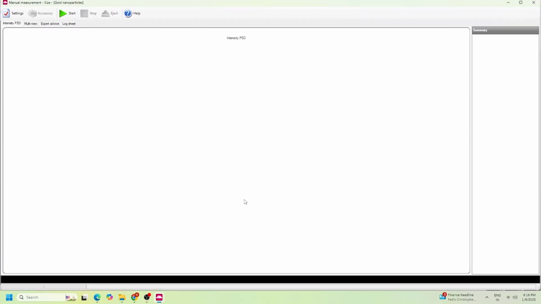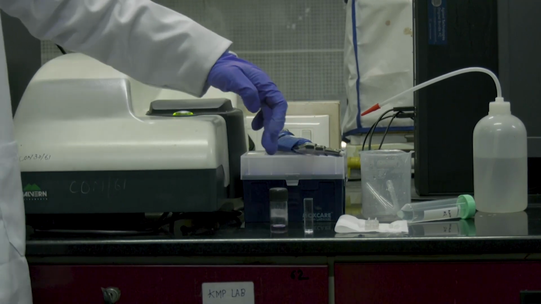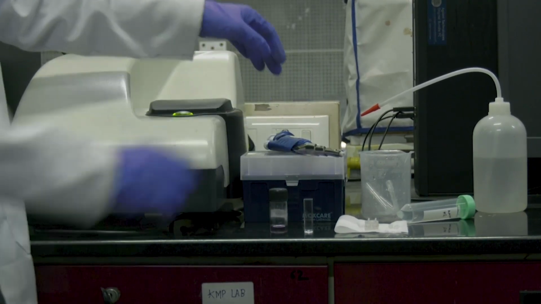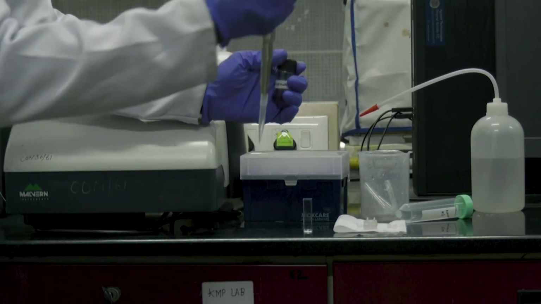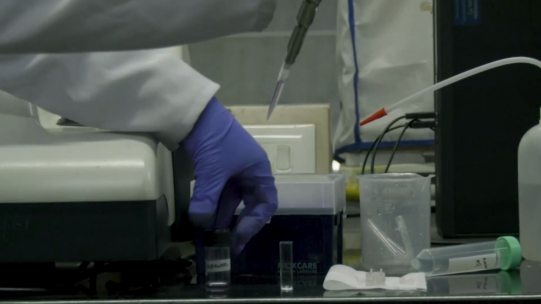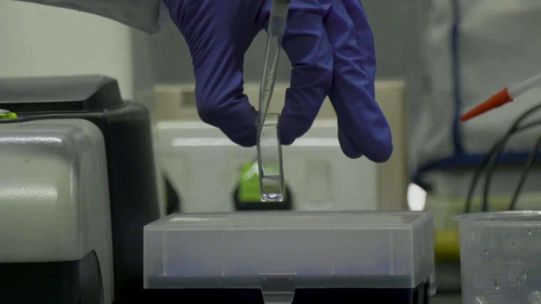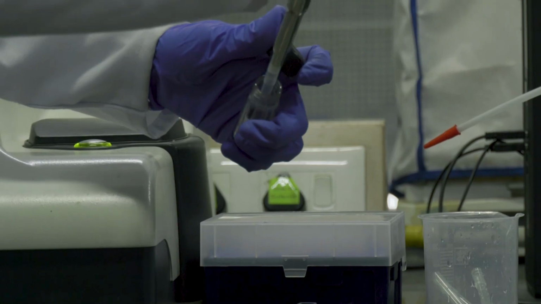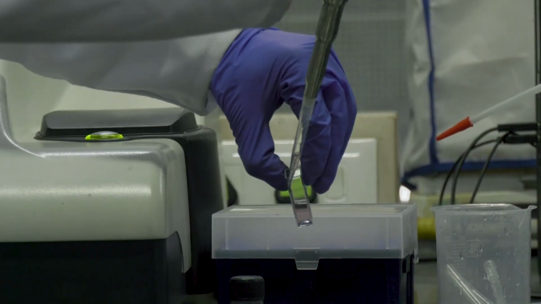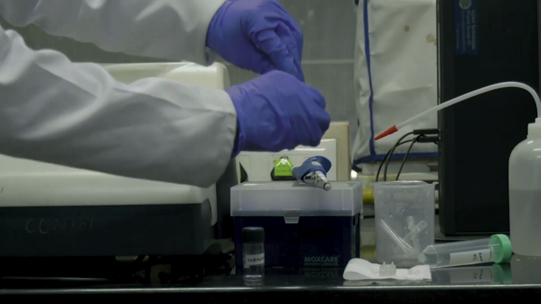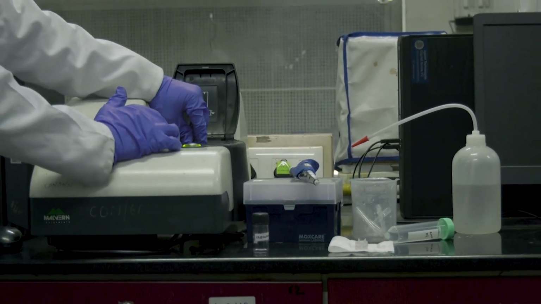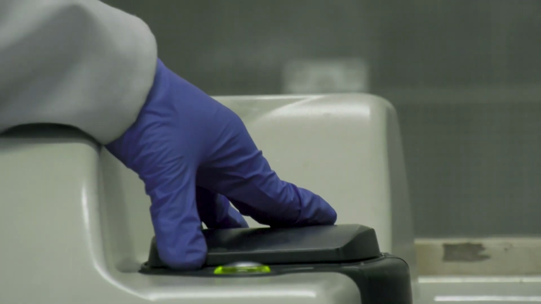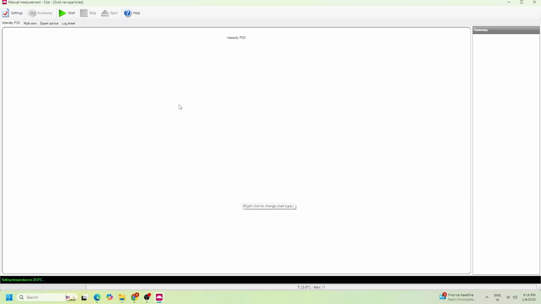Once the parameters are set, add the sample to the 4-sided cuvette and place it in the machine. Press start in the software to begin the experiment.